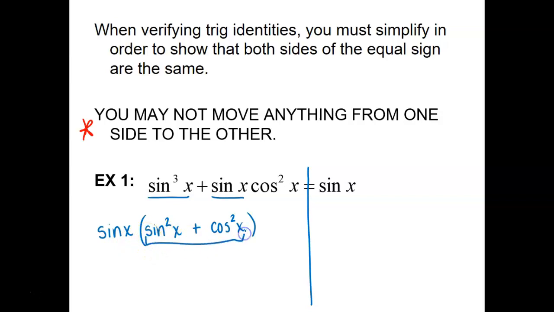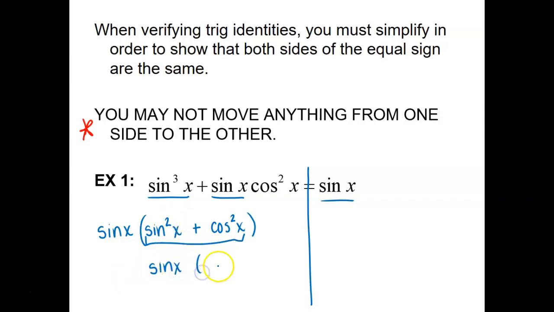This stuff right here, sine squared x plus cosine squared x equals 1. So, I need you to write that. Because the good thing about these problems versus what you were doing last night is you already know the answer is sine x. You need both sides to equal sine x. So, you know the answer. So, at the end, you need to have sine x, but you need to show every step that you do